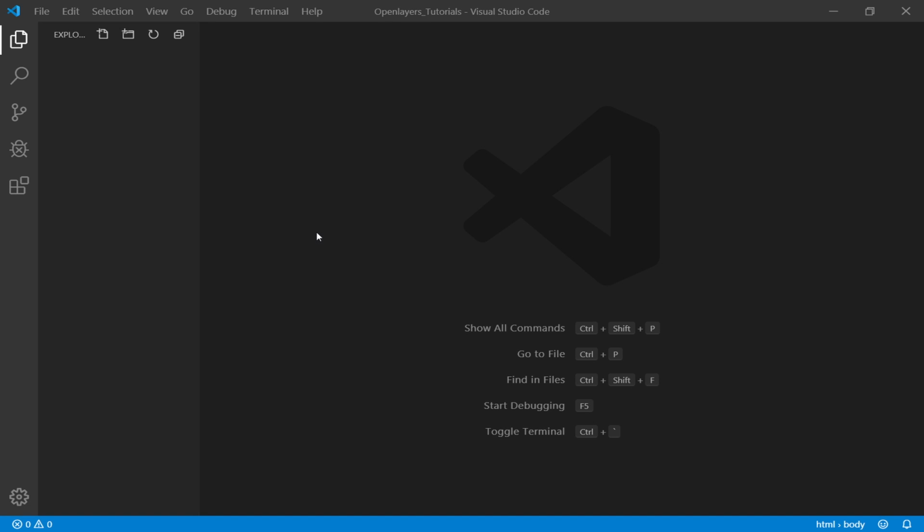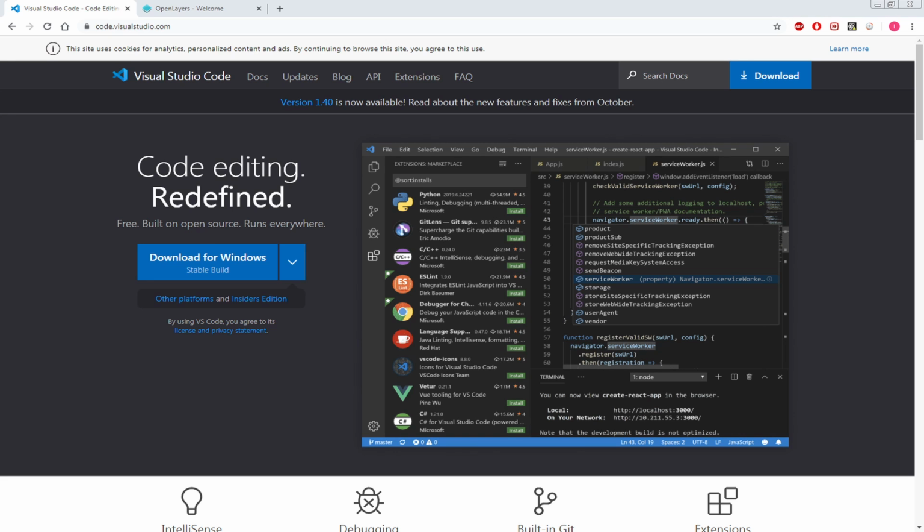Okay then, welcome to this tutorial. In this video we will set up the Openlayers Library. I'll be using VS Code, and if you want to follow the tutorials with the same text editor, you can download it from the official website. So if you go to code.visualstudio.com, this is the official website of VS Code, you can download this text editor onto your machine and